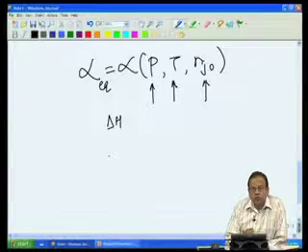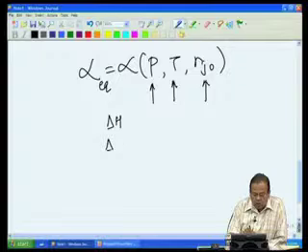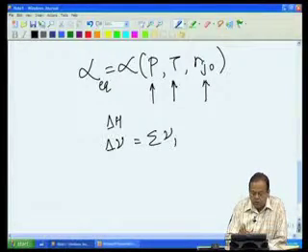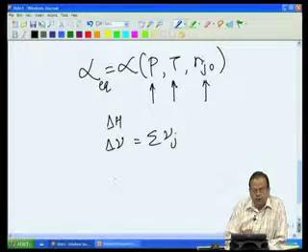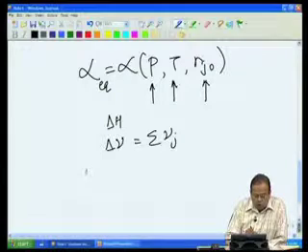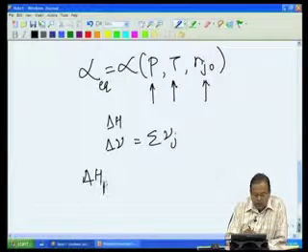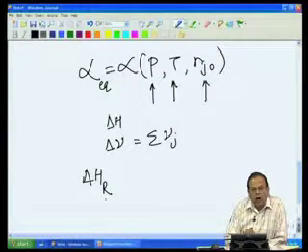It also depends, for a gaseous reaction, for example, on the change in number of moles, which is summation nu j, and that allows us to determine what we should do with pressure. Should we have low pressure reactions, high pressure reactions and so on. Thermodynamics also tells us about the heat of reaction and how it changes with temperature.